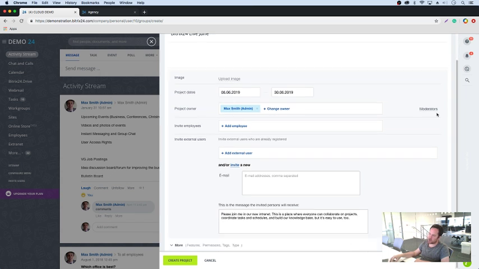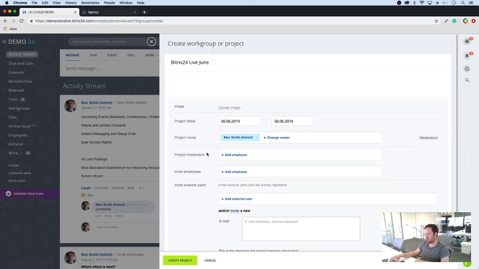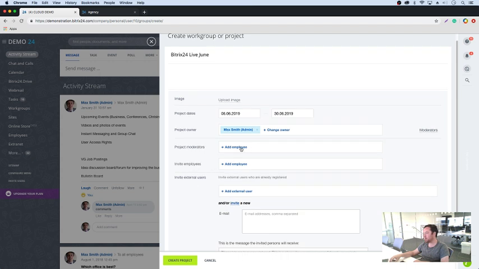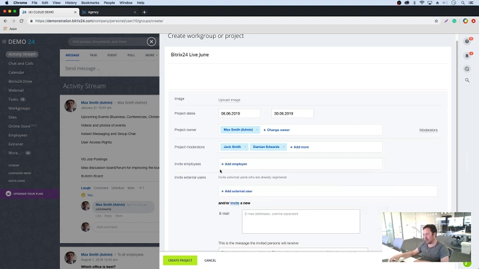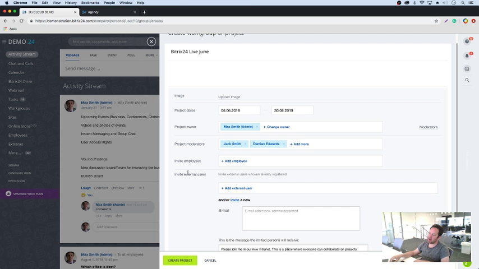And then you set your project owner, you can set your moderators. And we looked at permissions earlier in work groups, and this is, if you are creating external extranet work groups, then you should probably set a good structure as your employees should be generally moderators. So we can add employees here, Jack and Damien. And what we tend to recommend is then have your external users as members. So that would then give you a separation, so you can set permissions for your owner and moderator, and then you can sort of restrict your clients if they're going to be your extranet users